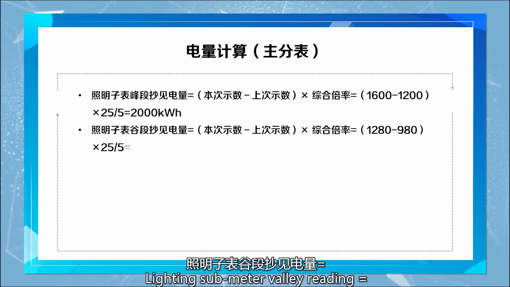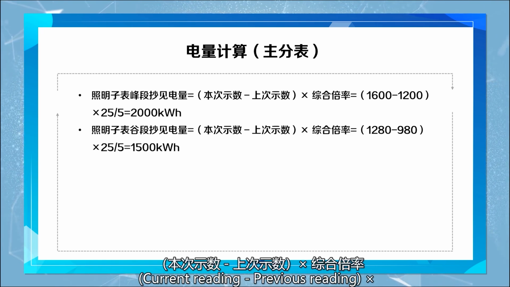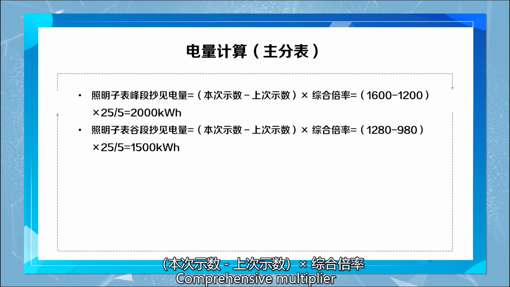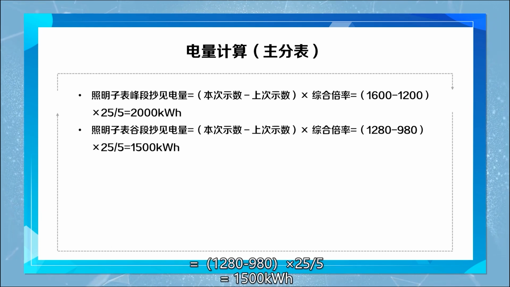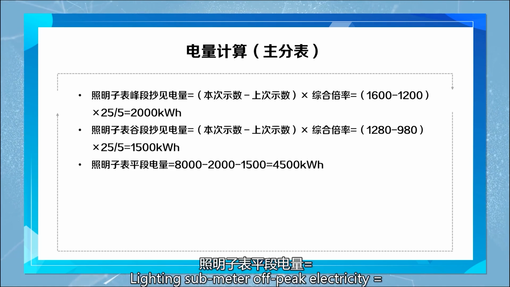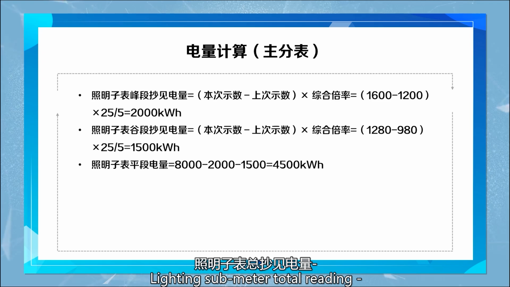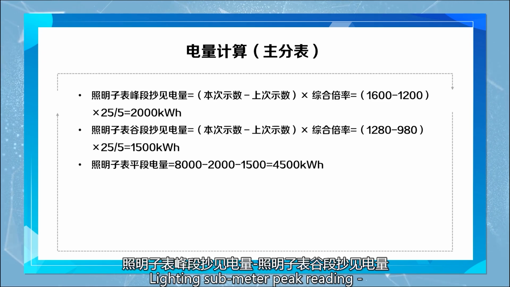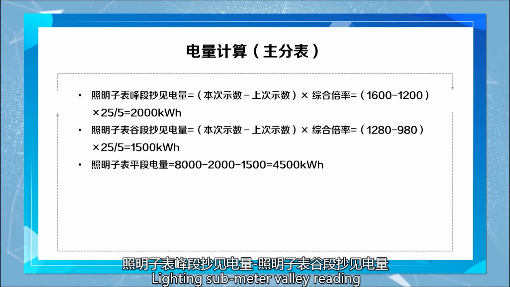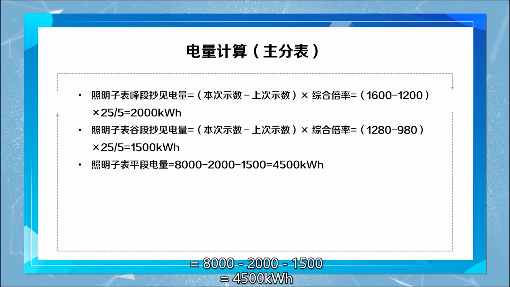Lighting submeter valley reading equals current reading minus previous reading all times comprehensive multiplier equals 1,280 minus 980 all times 25 divided by 5 equals 1,500 kilowatt-hour. Lighting submeter off-peak electricity equals lighting submeter total reading minus lighting submeter peak reading minus lighting submeter valley reading equals 8,000 minus 2,000 minus 1,500